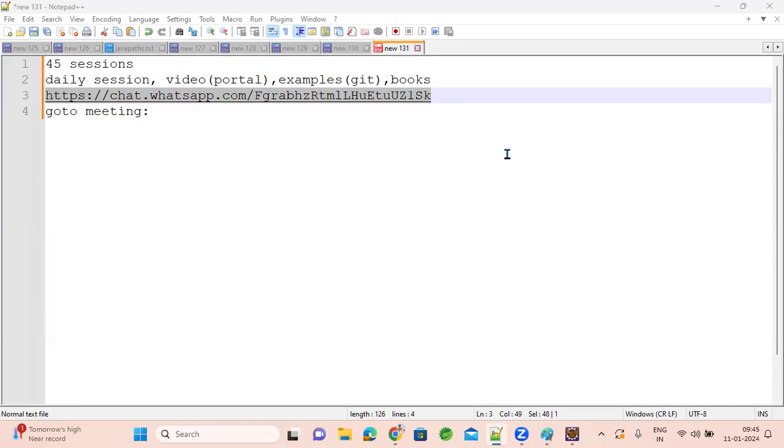Our group will be there for a lifetime so that you can interact with me anytime during your practice, maybe not now, but after one month or two months, or during your coding somewhere if you get stuck on anything, right? I'll be there for you. So that's it for today. Now the session is open for you. You can ask any questions if you have.